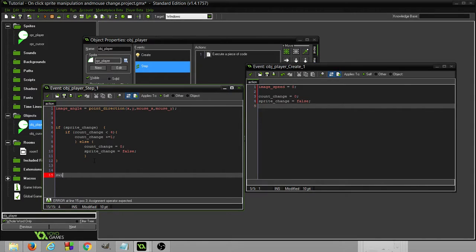Then what we're going to want to do is make a switch statement for count change. Whatever this equates to, that's what we're going to set the image index equal to. But because it's a switch statement, we need to make the cases. Case 0 equals image index equals